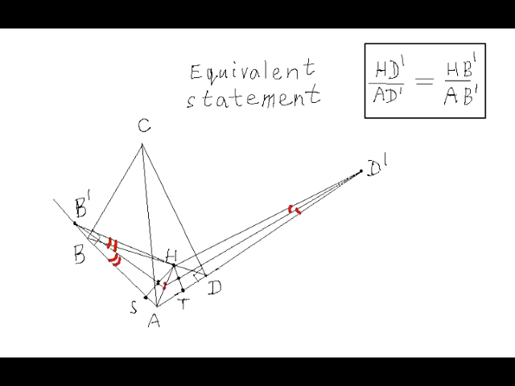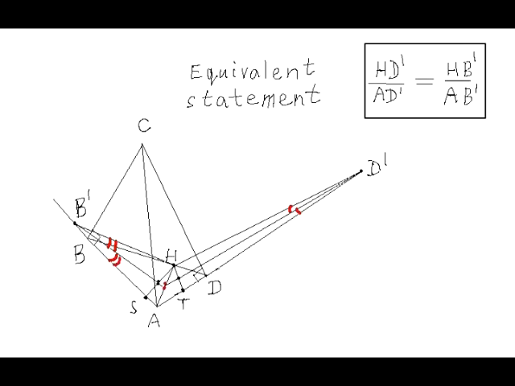We can easily see by looking at the drawing that two triangles SHB' and THD' are both isosceles triangles in which their corresponding perpendicular bisectors are also angle bisectors. So we can apply the well-known theorem about the angle bisector, which states that angle bisector divides the opposite side of a triangle in two segments whose lengths are proportional to the corresponding side lengths, from which we can conclude